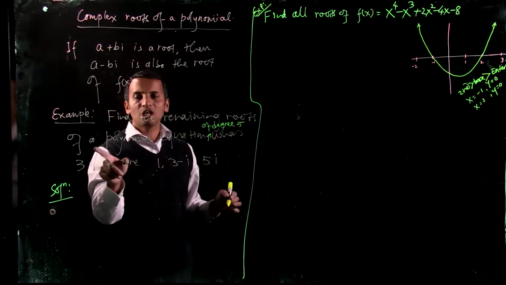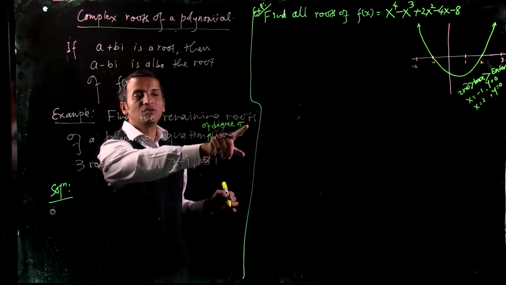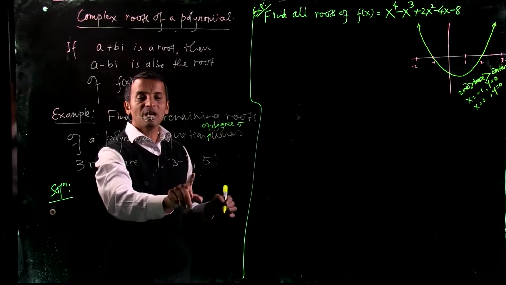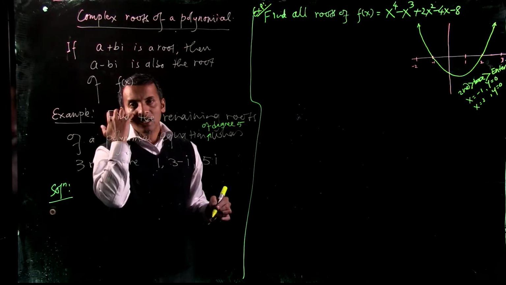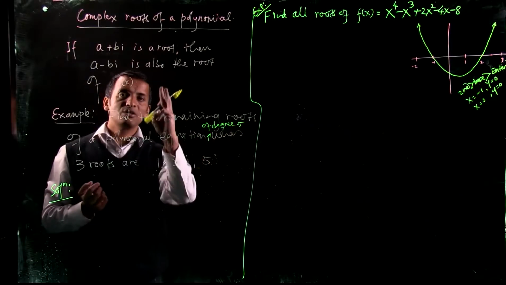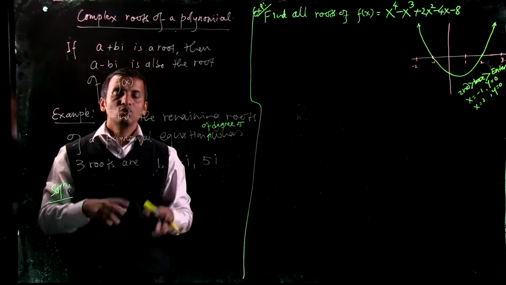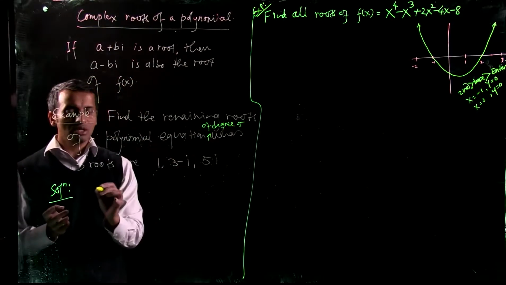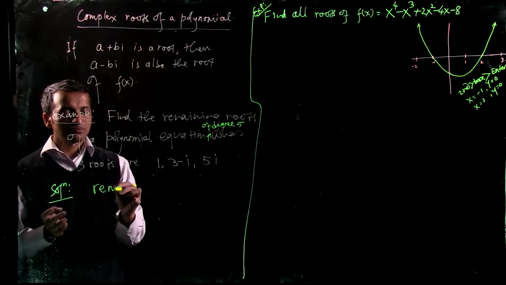Find the remaining roots of a polynomial equation of degree 5 whose three roots are 1, 3 minus i, and 5i. Three roots are given, but it is degree 5, so there are two remaining roots left. So what are those remaining two roots? Since 3 minus i is a root, then the other remaining roots